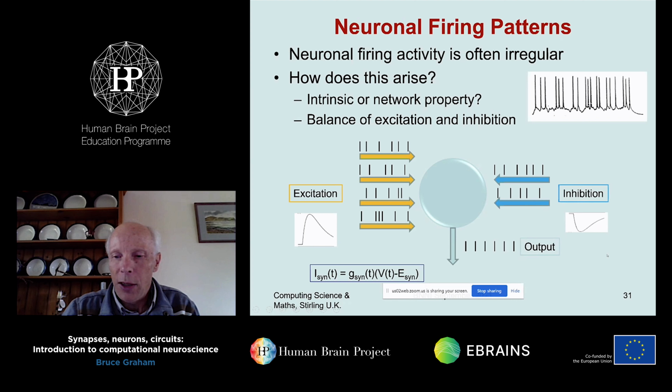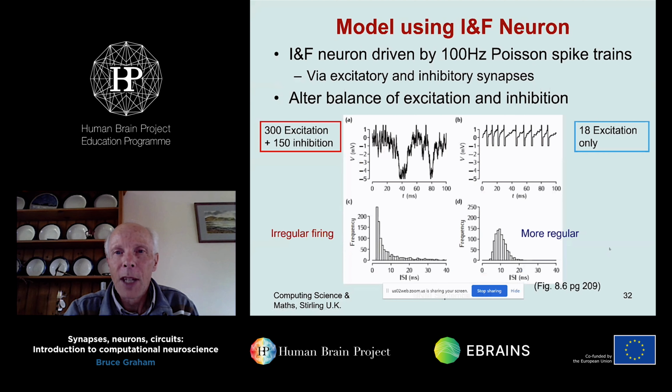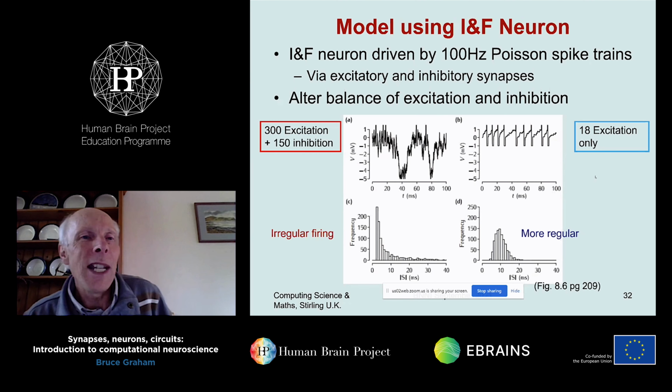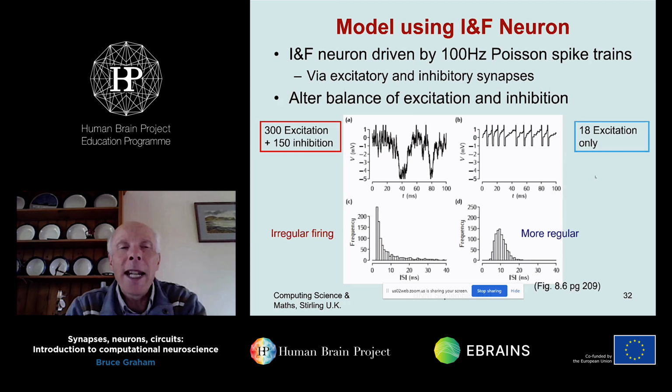And so, as I was doing with that hippocampal pyramidal cell, we can play or generate inputs to a neuron that are both excitatory and inhibitory, and investigate the spiking output that results. And we can demonstrate with a simulation that it's only very exact balance between excitation and inhibition that results in